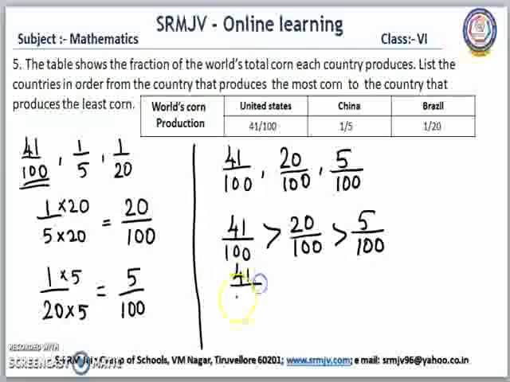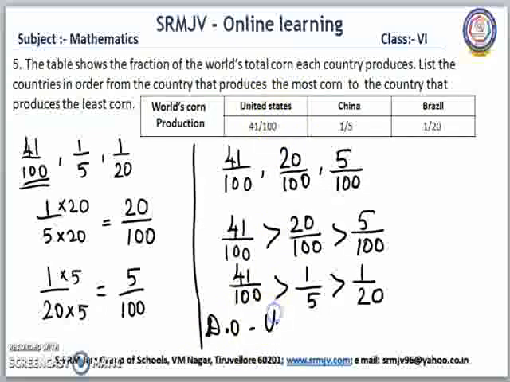So first fraction is as it is, 41 by 100. The second fraction is 1 by 5. The third fraction is 1 by 20. Now we have to arrange the states in descending order. So the first state, 41 by 100, is United States. United States produces the most corn. Okay. Then the second